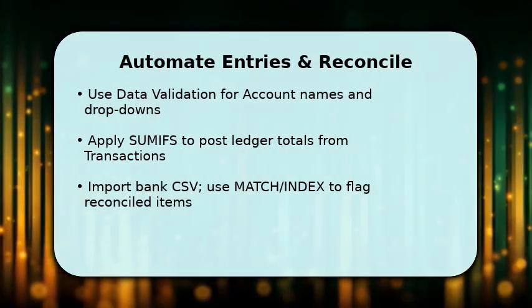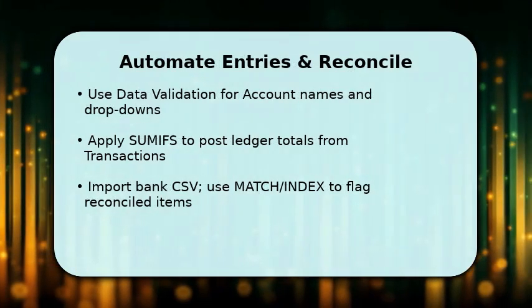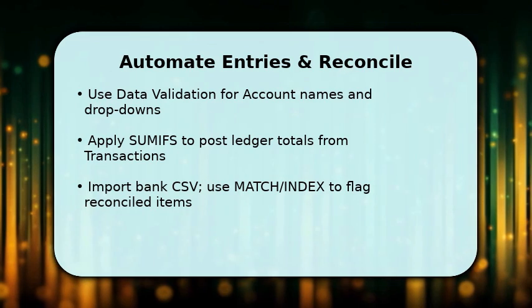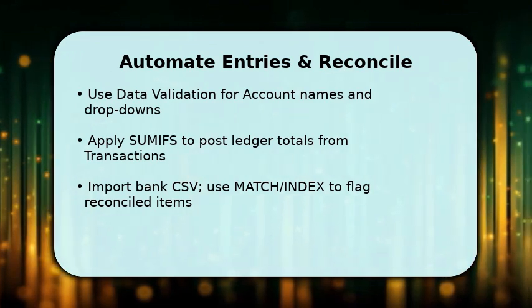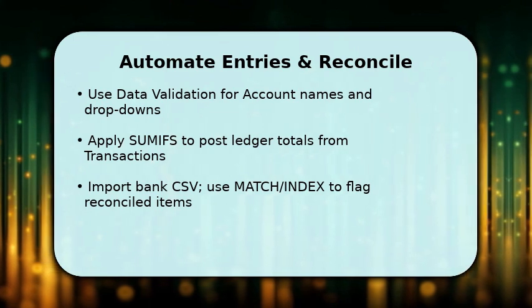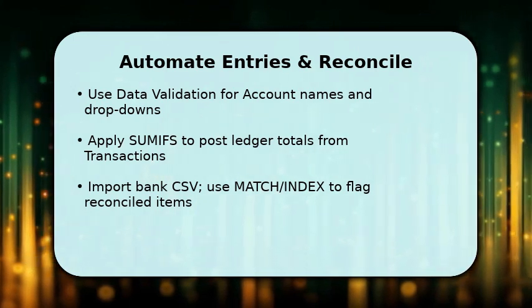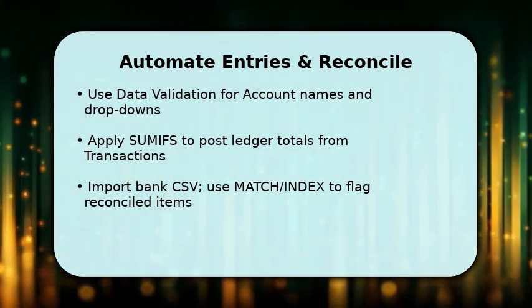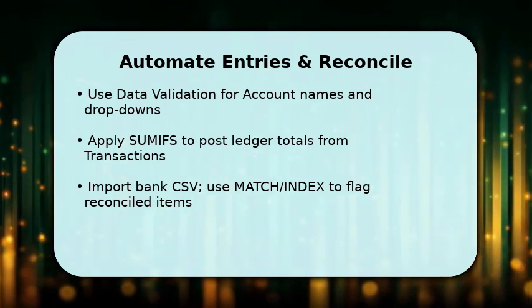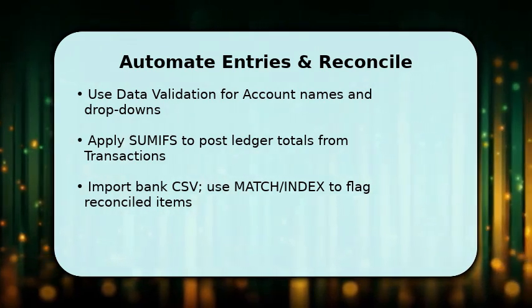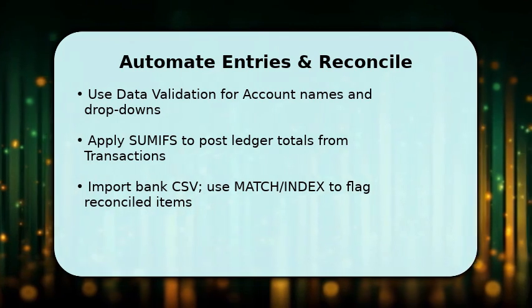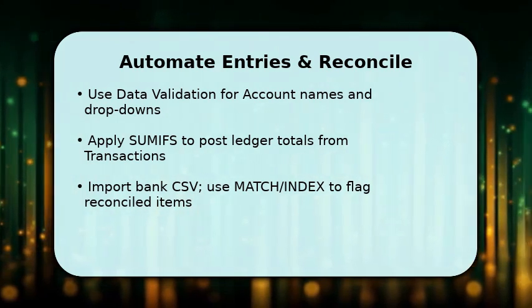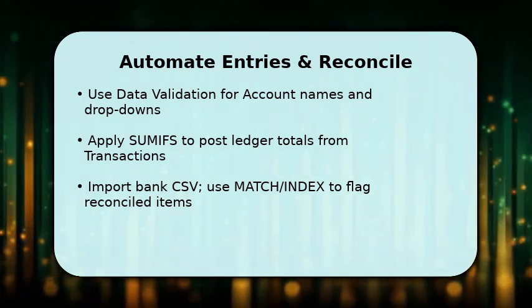Once transactions flow in, automate posting and reduce errors. Add data validation drop-downs for account names so entries stay consistent. Use SUMIFS formulas on each ledger sheet to pull amounts from the transactions sheet by account and date range. This keeps totals current. Import bank statements as CSV and use match and index to locate corresponding transactions, marking reconciled